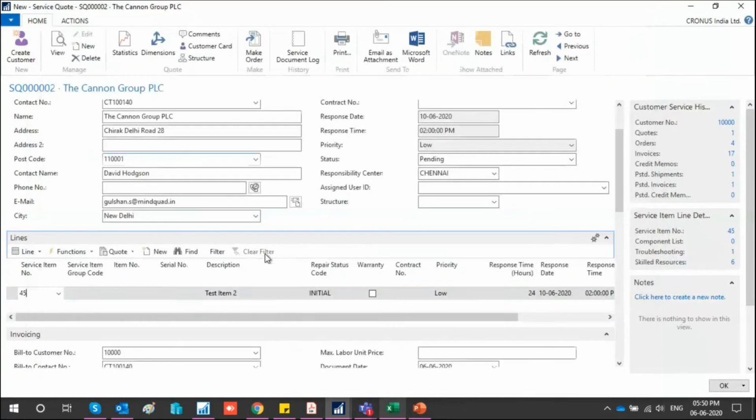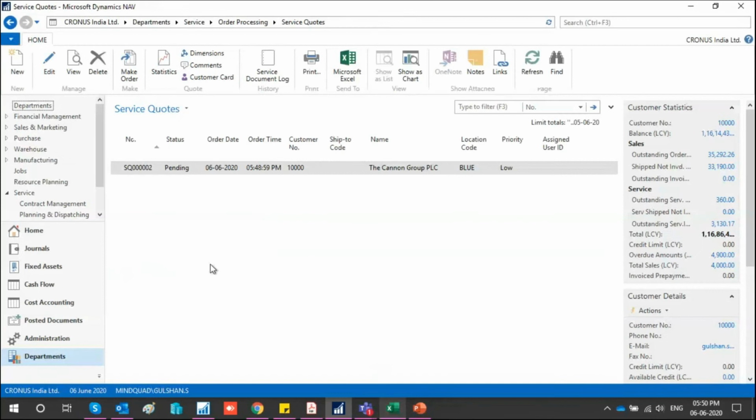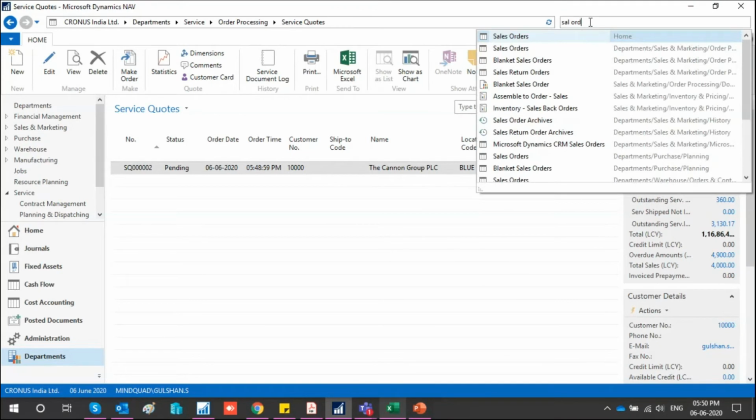Now I'll just leave that quote here and I'll show you the first method, because the first method is a little important to show you. I'll go to sales order. So this was the second method which I've shown you through the service quote, and the third method was individually creating a new service item. Now I believe the most common method would be the automatic creation of a service item whenever I post a shipment.